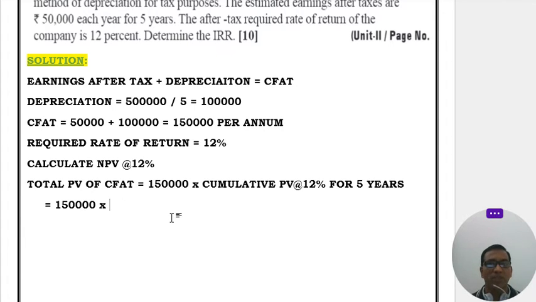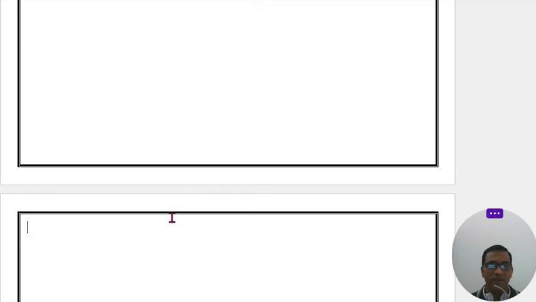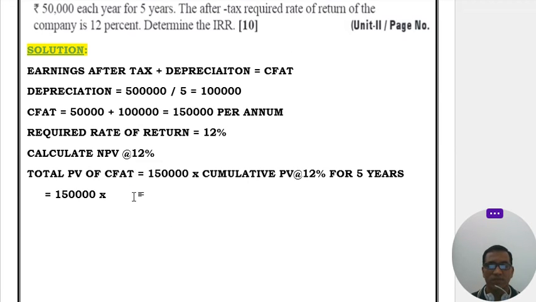So I directly take the cumulative value of PV at the rate of 12% for 5 years, 3.605. That is 150,000 multiplied with 3.605,